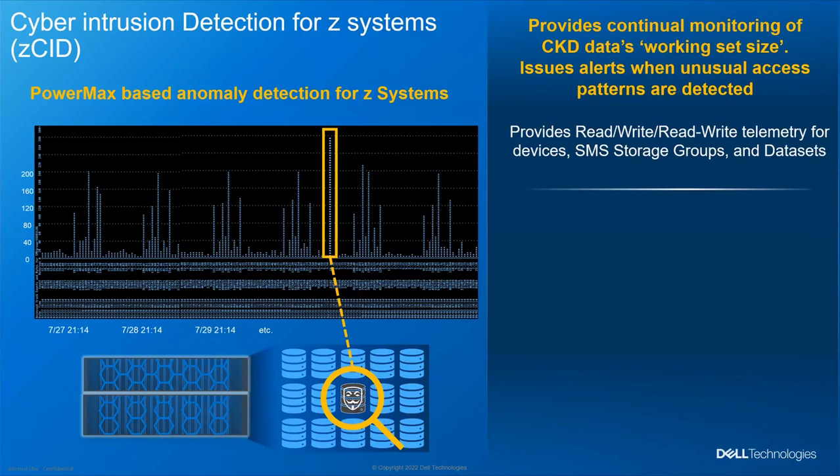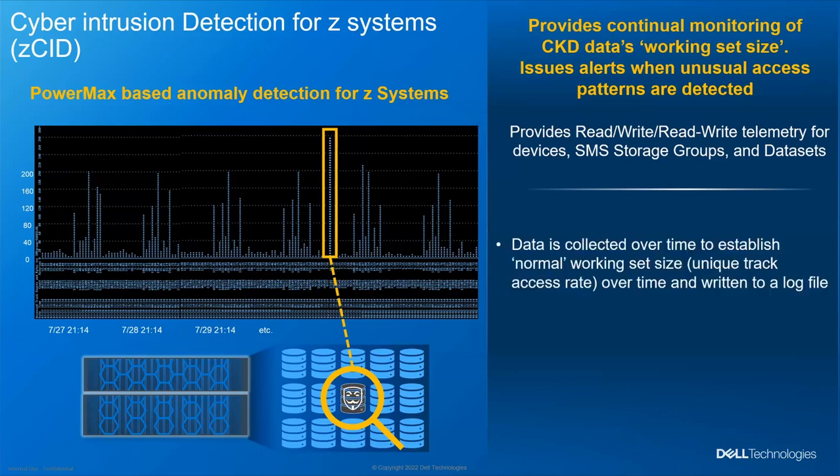It determines the working set size by establishing the access rate of the data. How many unique tracks are being touched in an interval of time against this SMS group, this device, or this data set,